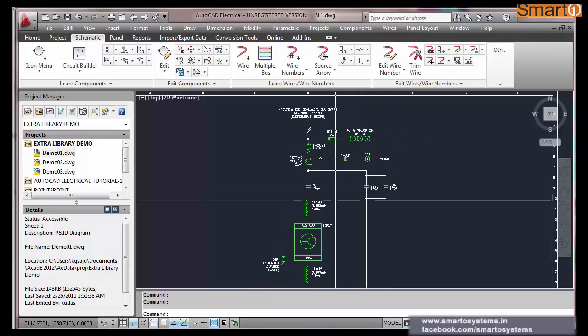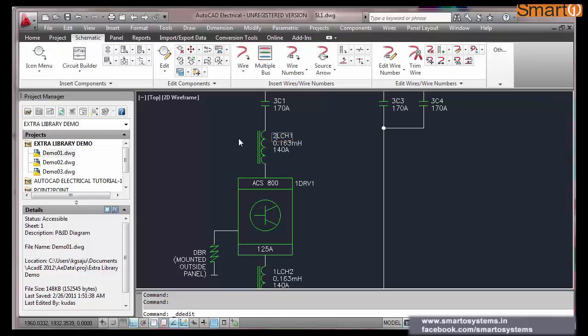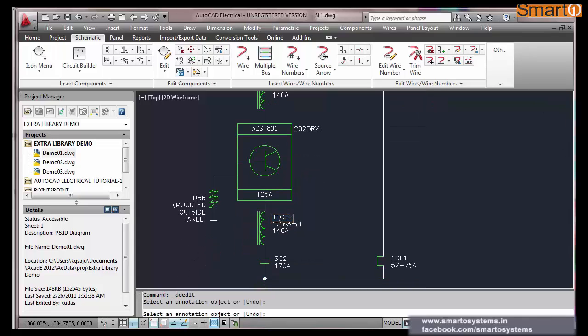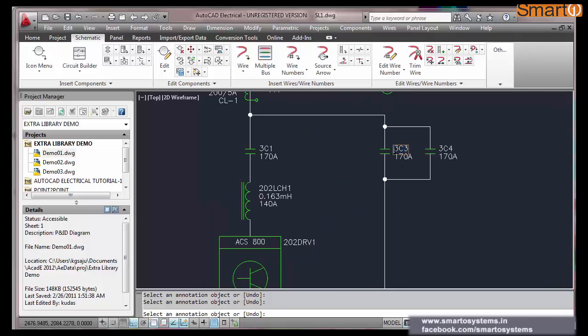In fact, instead of 1, the prefix should be 202 here. This is an old circuit. 202 means all these components will come in 202, and 203 — these contactors we will draw in sheet number 203.